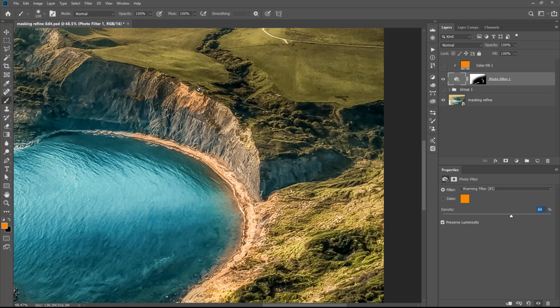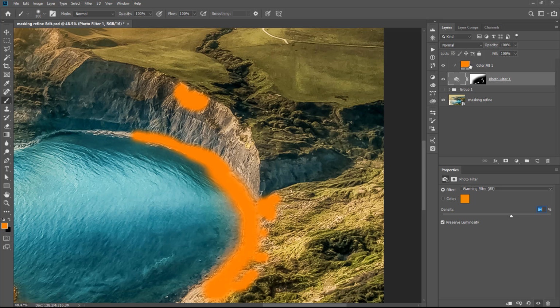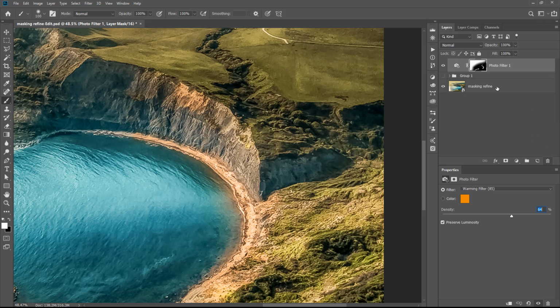And you can see I got a nice color cast on here, and then a nice color cast on the beach. It's obviously too strong, but for the sake of the video, you should be able to see it. And I've done that in the context of the image with this color fill layer. This is my preferred method, but there is another technique that we can use where you select the actual adjustment